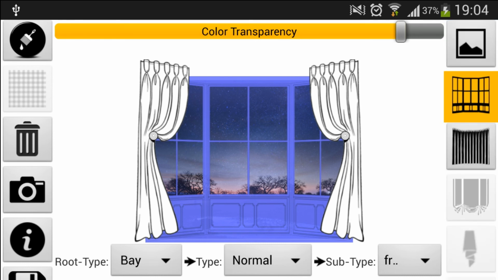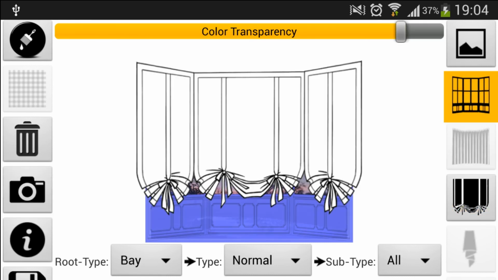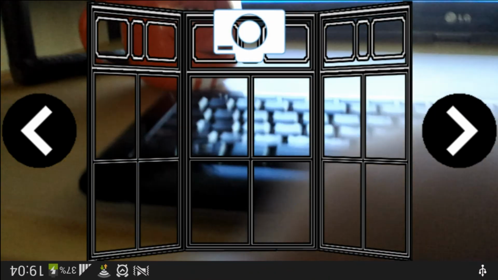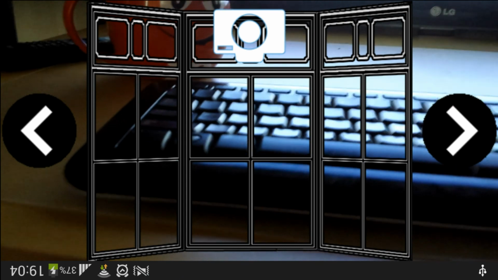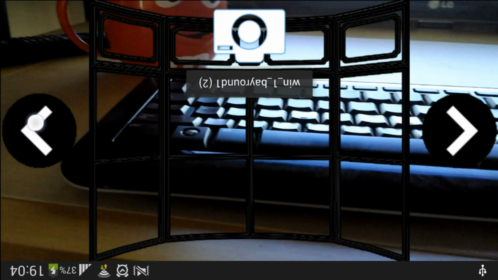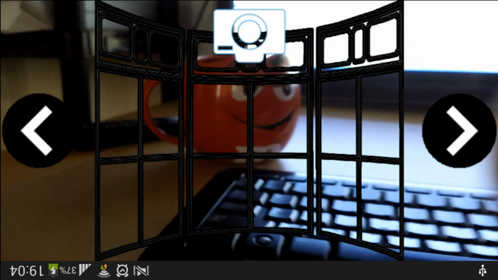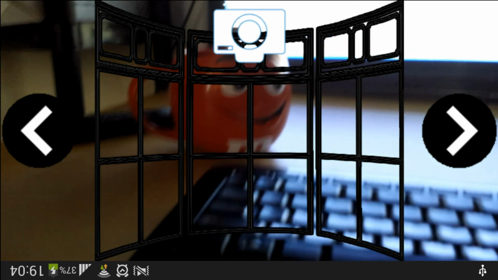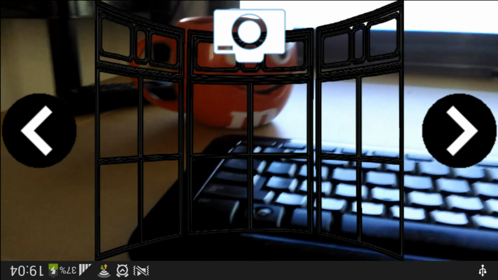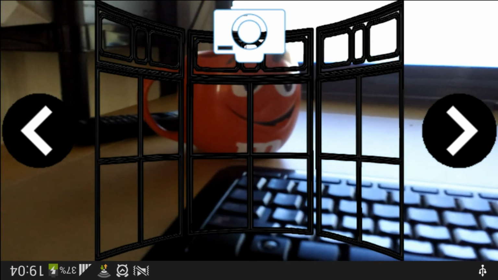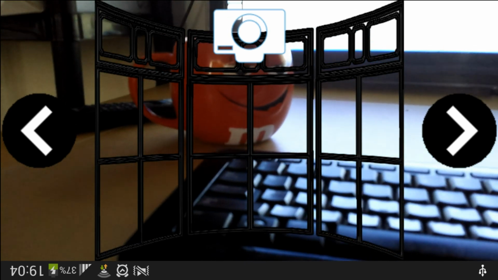Let's try again. We select window and go to camera. We select which type of window it will be similar to, and when we're ready we apply approximately the same size of the real window to this template, so it will be cropped based on this template we can see.